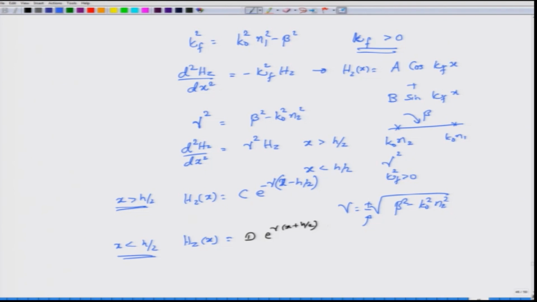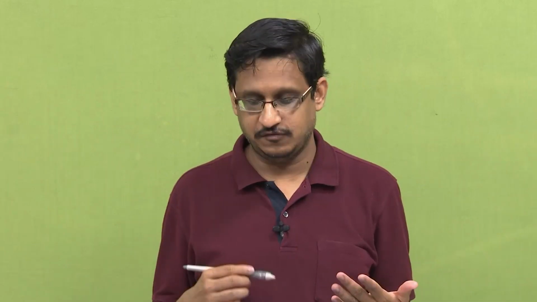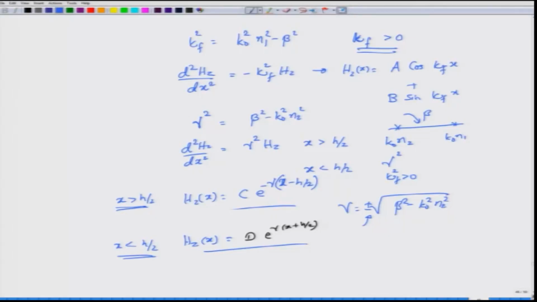Okay. So, unlike the previous case where we had fields which were 0 completely outside the waveguide, now the fields are non-zero outside the waveguide. So, we have 3 solutions now, one corresponding to the field in the film, the solution corresponding to the field in the cover, and the solution corresponding to the field in the substrate. As I told you, I have assumed that this waveguide that I am considering, the slab waveguide, is a symmetric waveguide. Therefore, cover and substrate both have the same refractive index.